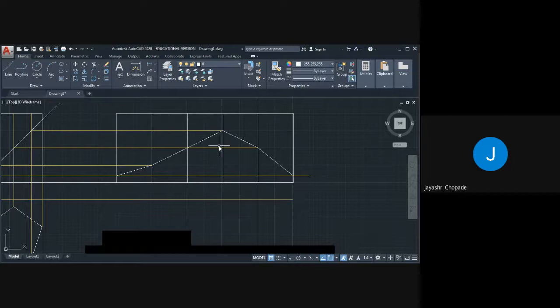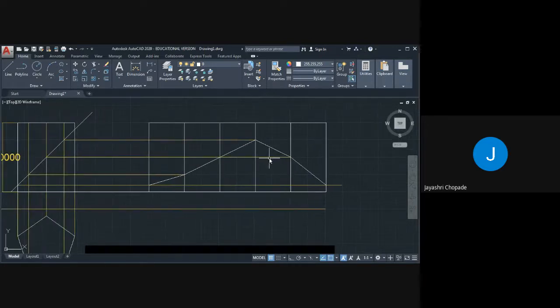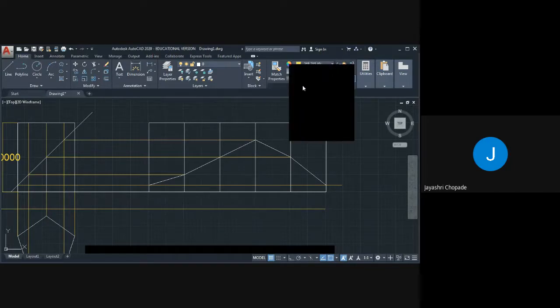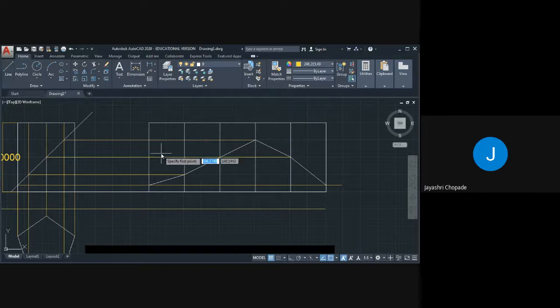Here all the lines below this inclined line will be dark and that will be visible, and upper portion will be faint. So we will make it faint. For that we will use another color. Go to line command and upper portion will be faint. Line, this will be faint because it is cut by cutting plane.